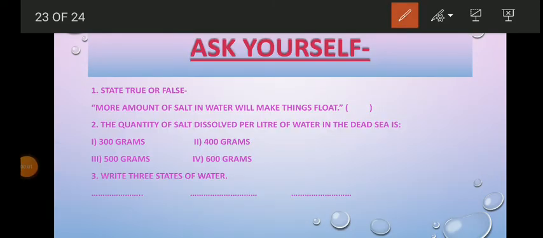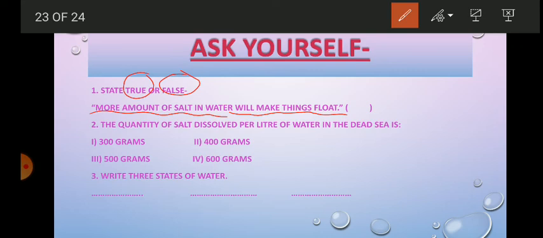Now children, let us see how much you got. Ready? Tell me, you have to state whether this statement is true or false. The statement is: more amount of salt in water will make things float.